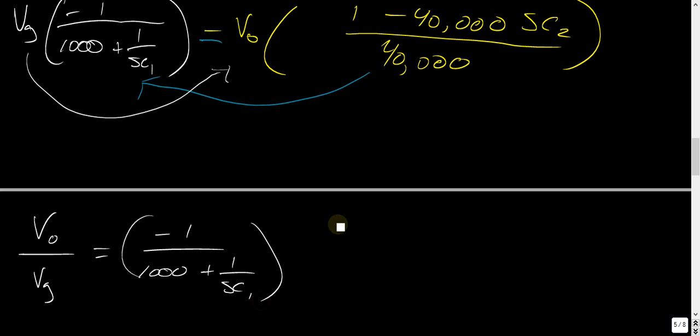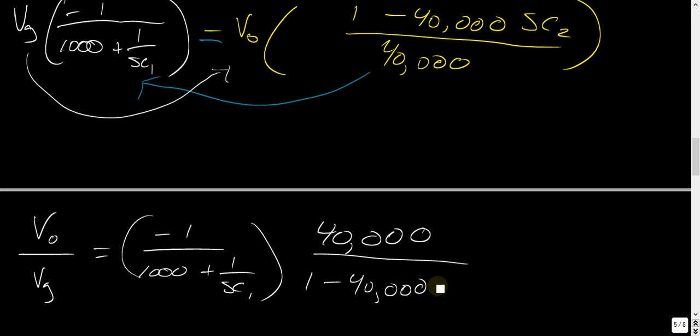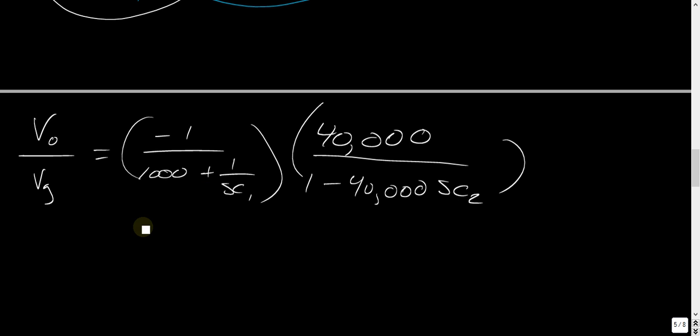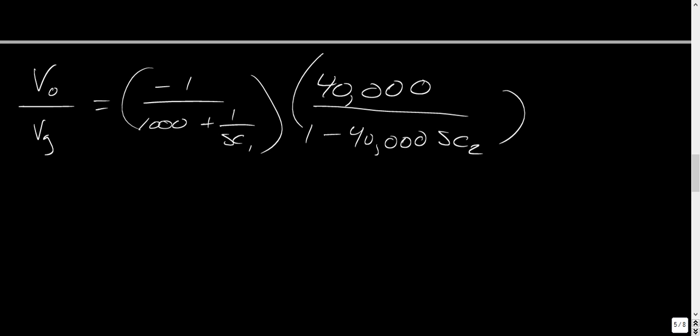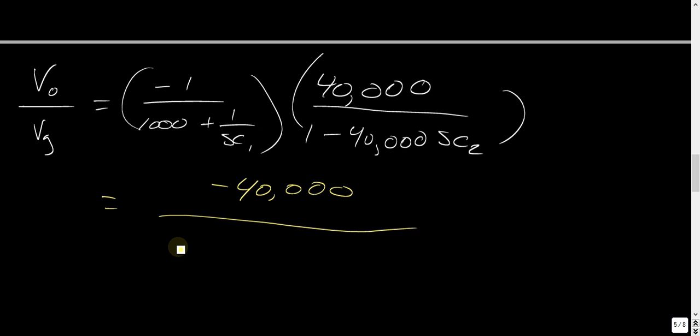Boom, boom. Take the reciprocal here of that, which is, we know the reciprocal, 1 minus 40,000 S times that. Okay. Just a little legwork here. Multiply this over, switch it up, multiply this over, get a negative 40,000 all over